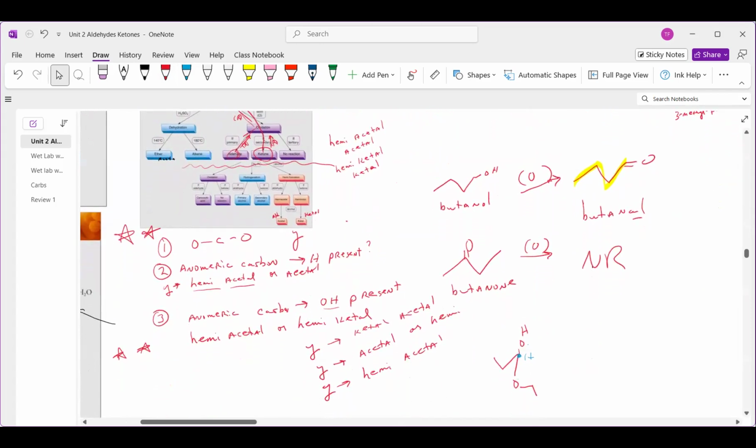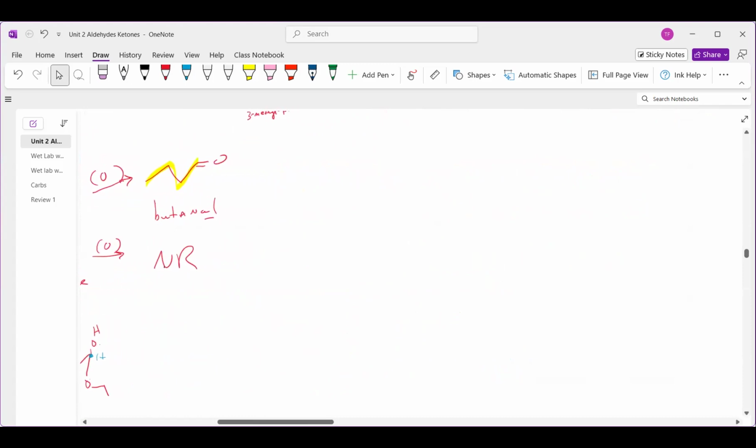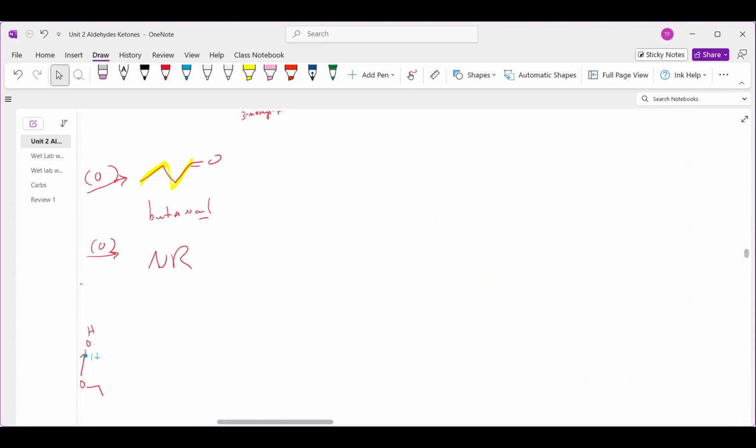Okay, so I'm going to talk about how to identify whether it's an acetal or ketal, and whether it's a hemiacetal or hemiketal. So there are three states a molecule can be in: nothing, it's not an acetal or ketal, or it's a hemiacetal, or an acetal, or a hemiketal or ketal. Three questions you have to ask. So question number one is OCO. So let's draw a